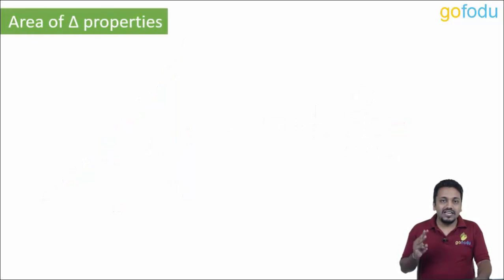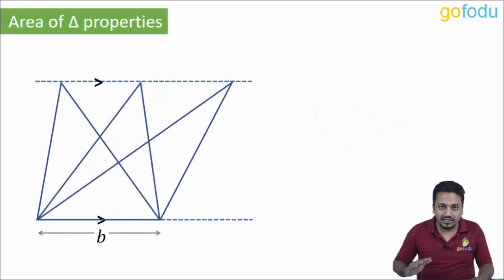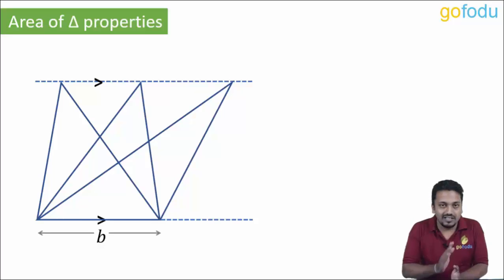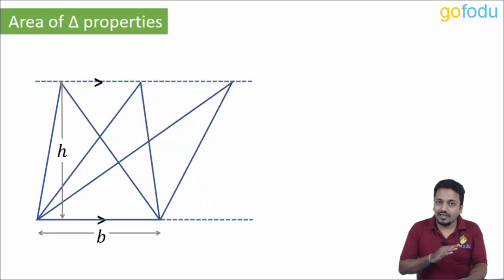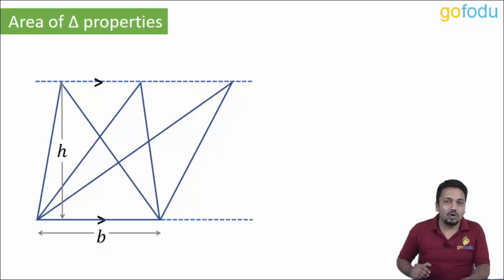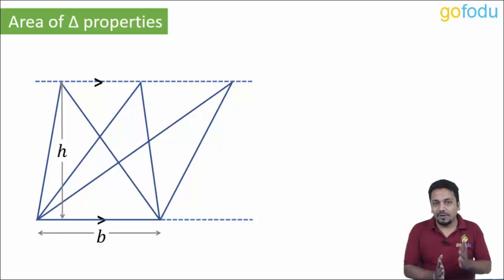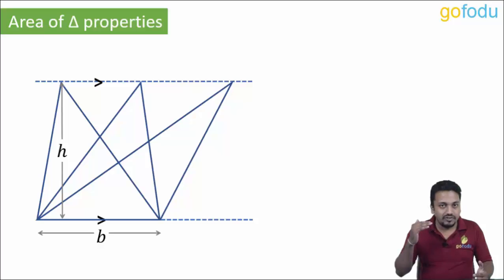Next, we have three different triangles on same base of length B and lying between two parallel lines. Area of these three triangles will be same only, as base is common and their height is also same. Heights will be same as the distance between two parallel lines. So heights and bases are equal, areas will also be equal. Triangles with same base and between same parallel lines are equal in area. Same would be in case of parallelogram, right? For the same reason, parallelogram with same base and between same parallel lines will have equal area.